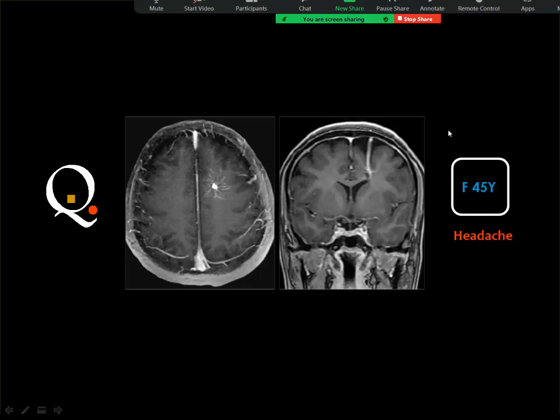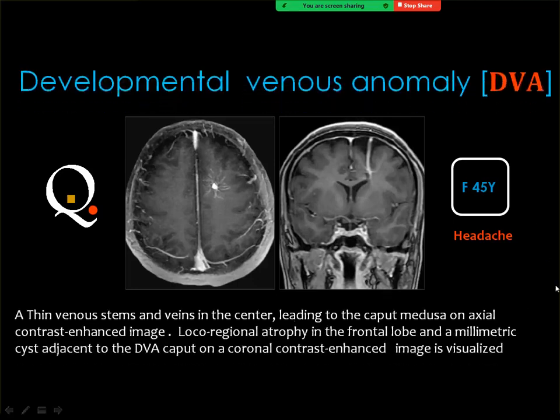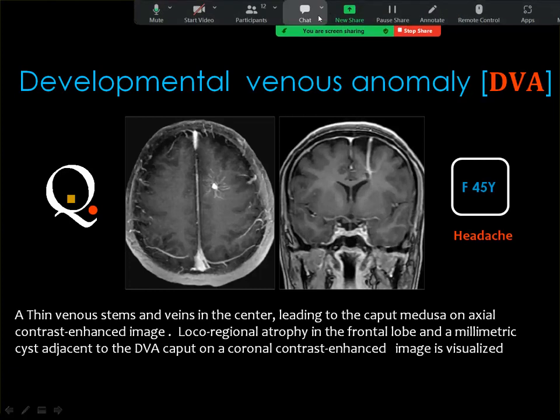Okay, and this is of course an abnormal vein coming from the surface of the brain with some internal tuft of veins, which is a classic of developmental venous anomaly, which is known in the literature as leave me alone lesion. And this lesion is considered a normal variant, and it is not an arteriovenous malformation